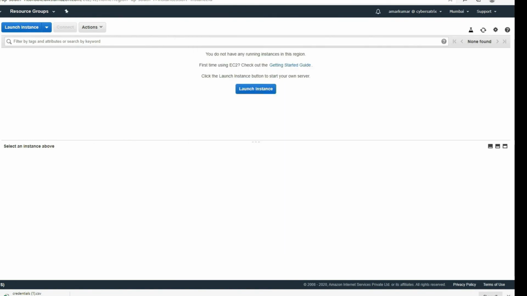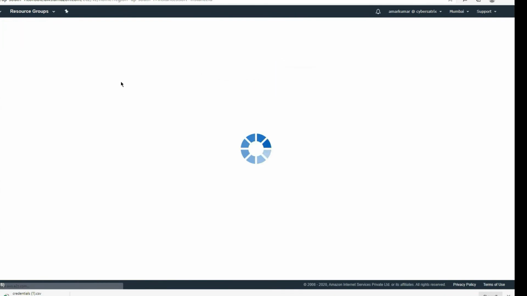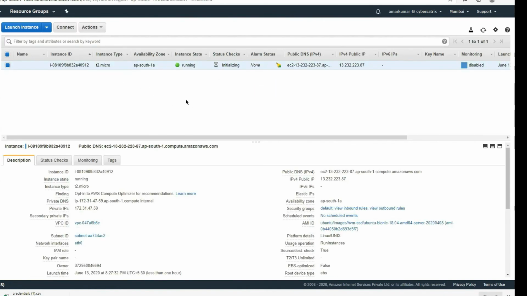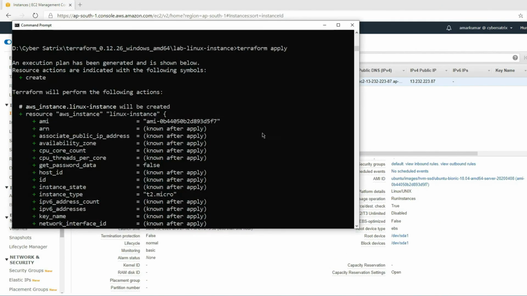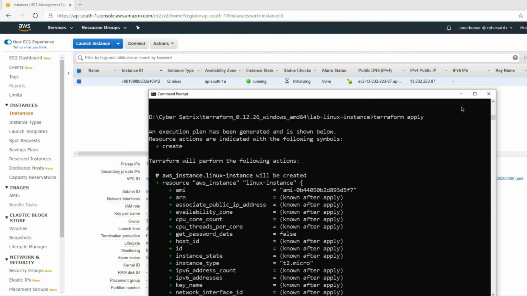So let me refresh this page. As you see, I have my new instance created with the same AMI ID. Let me show you. It's the same AMI ID ending with 5F7, and it is of instance type t2.micro.